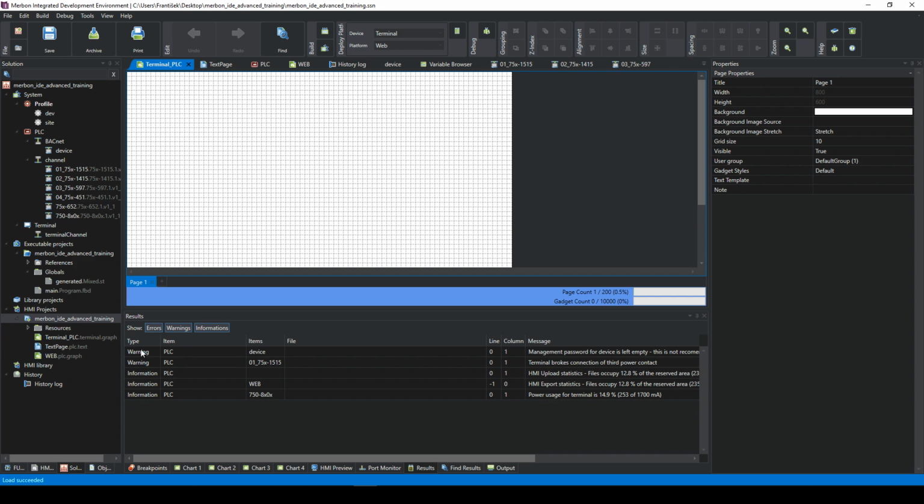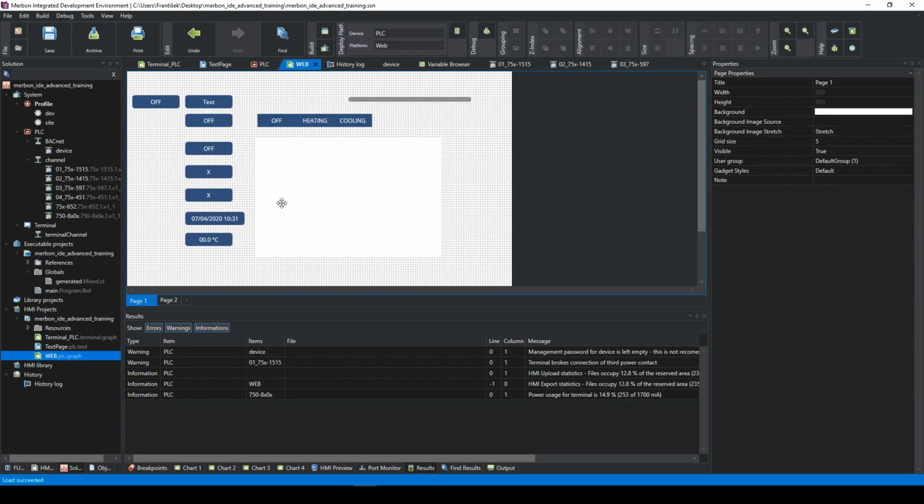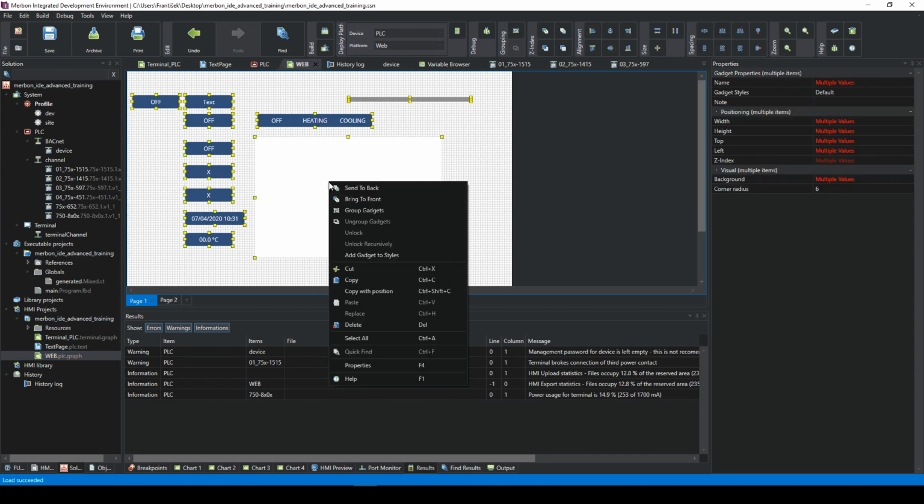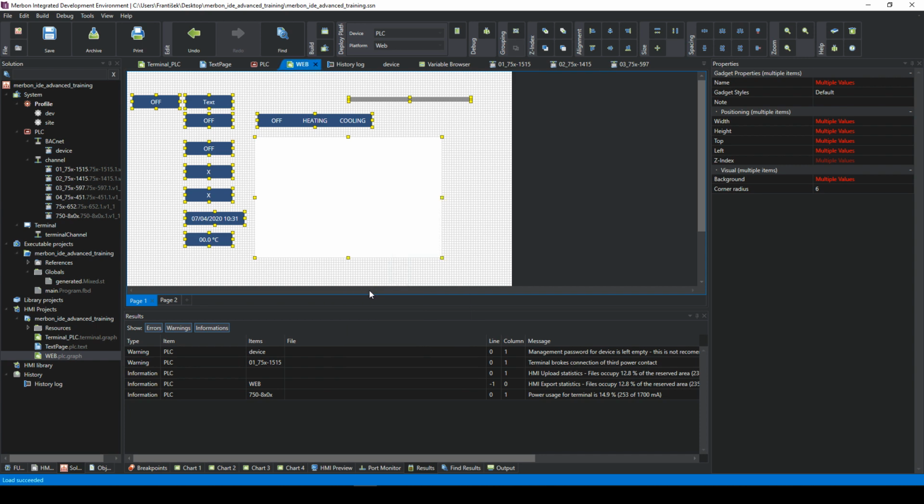Okay, it's here. So we can, for example, copy this from a web. I will just show you how to do it. You can copy with position. That's a new feature also. It means it will